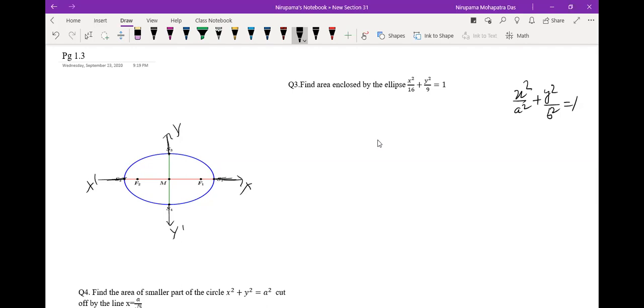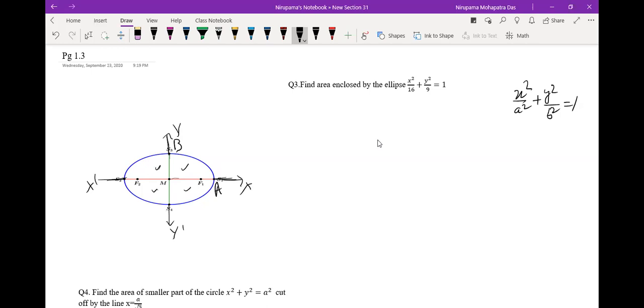The ellipse is a closed figure and it is in fact symmetric about both its major and minor axis. So it means these four parts are of equal area. If we can find the area of one region, maybe I can write here M, A, B, so I can find the area of the portion MAB and multiply by 4. So we can get the area of the whole ellipse.